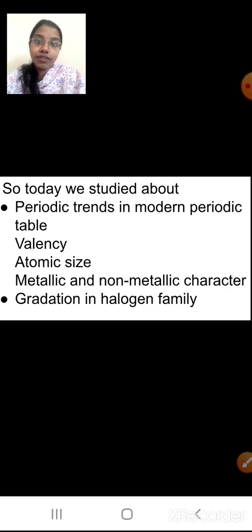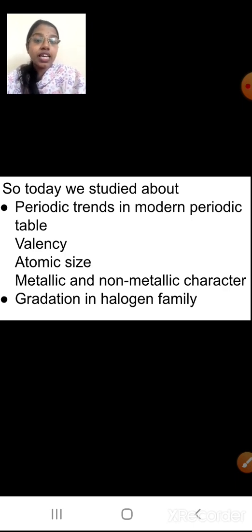So we studied three of them, right? First we saw the valency, how it changes if you compare between periods and a group. We have seen it by an example of group 2 and group 3 elements. If you remember, valency means the number of electrons present in the outermost shell of the elements. We call them valence electrons, and valence electrons are directly connected to the valency. Valence electrons tell us about the valency of that element.